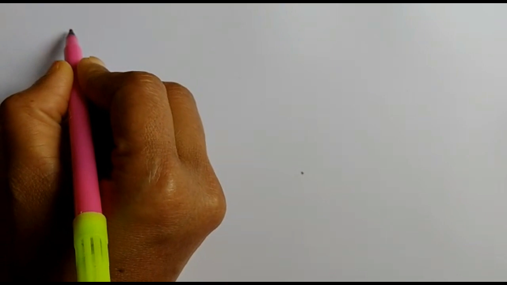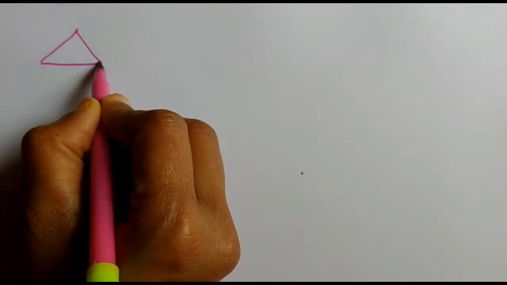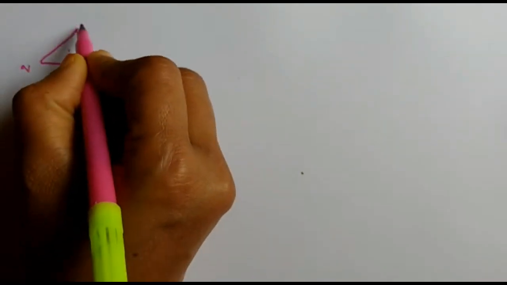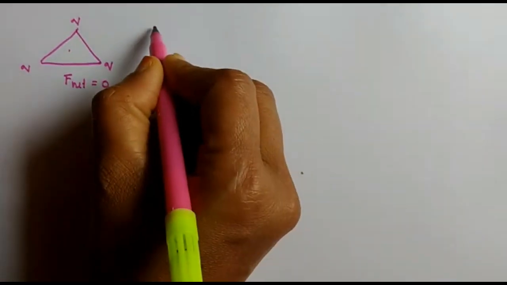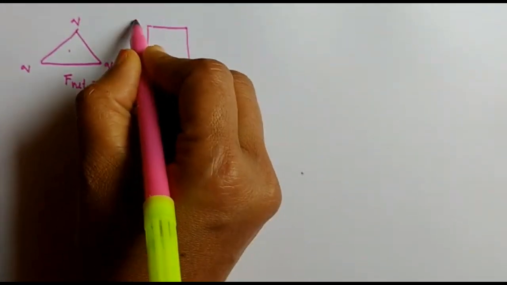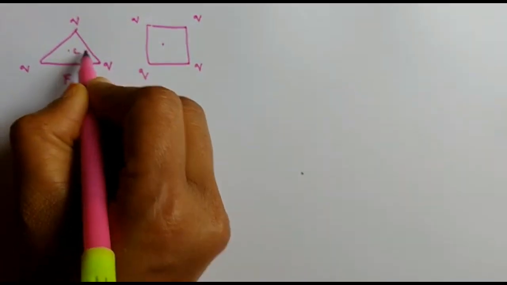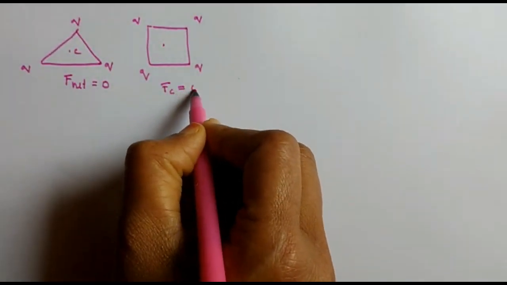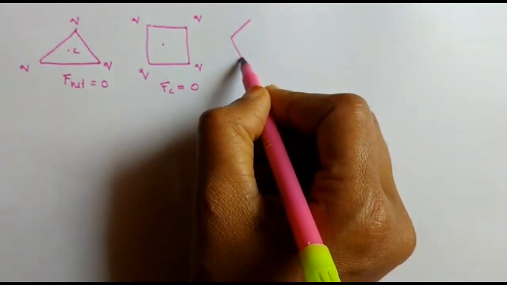Okay, in the previous question, I discussed what will be the force acting on the centroid for 4 charges. So let's generalize. If you have like charges, all equal in magnitude, at the vertices of a triangle, the net force acting at the center is 0. This is what we got as the answer. Even if it is a square, if all the charges at the vertices are of the same magnitude, then the net force acting on the centroid or the center is again 0. The same rule is applicable for any regular polygon.